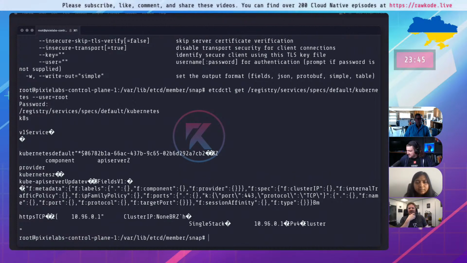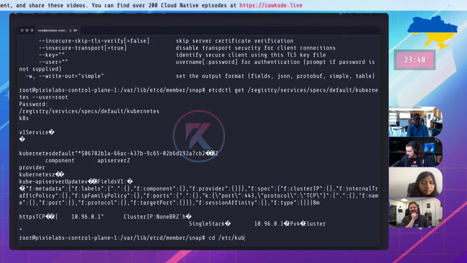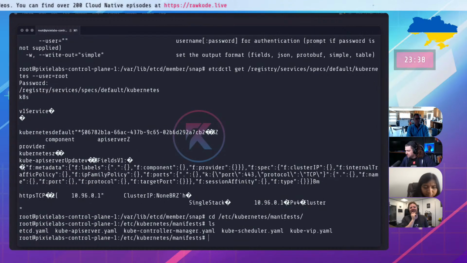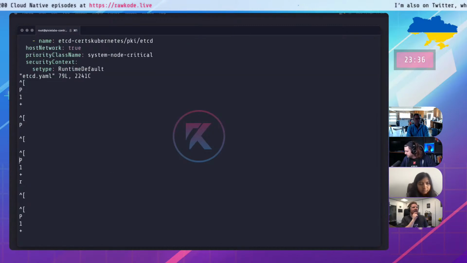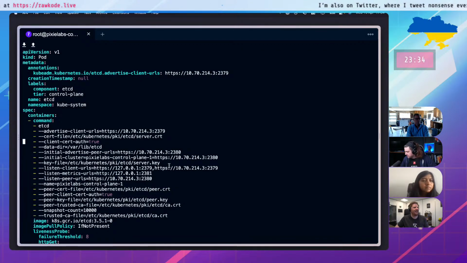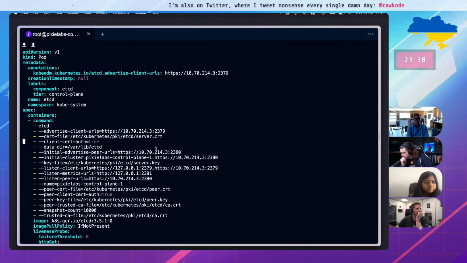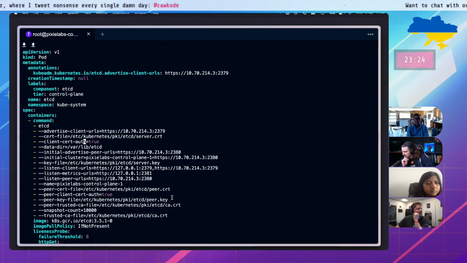Let's go take a look at the etcd manifest. I'm not entirely sure. Let's see if we can find anything in here. Oh, let me jump back over. Oh, wait, that's cert auth.